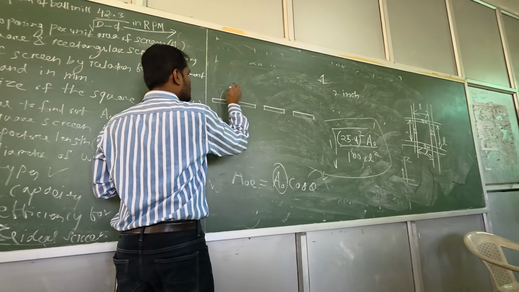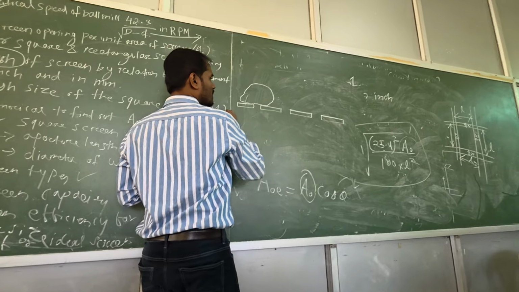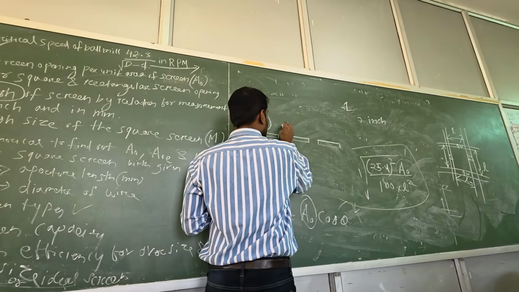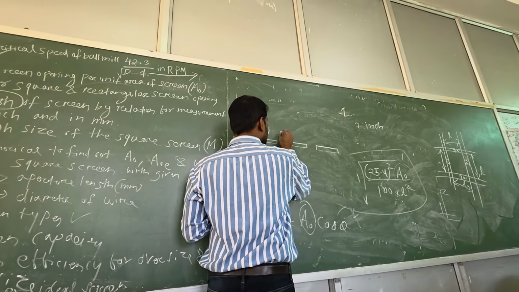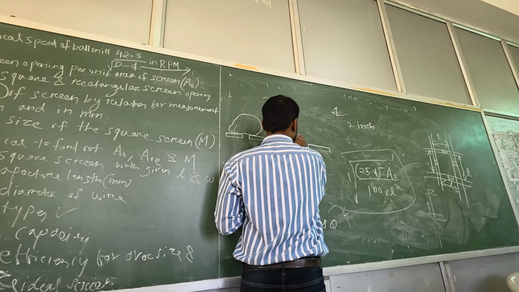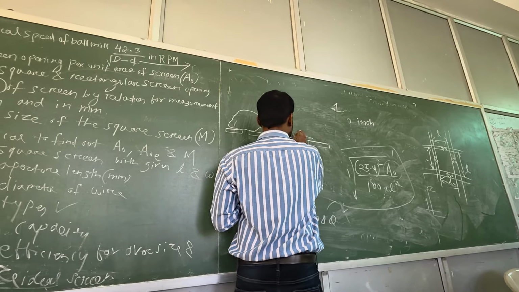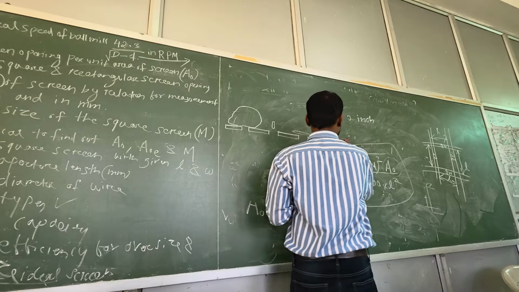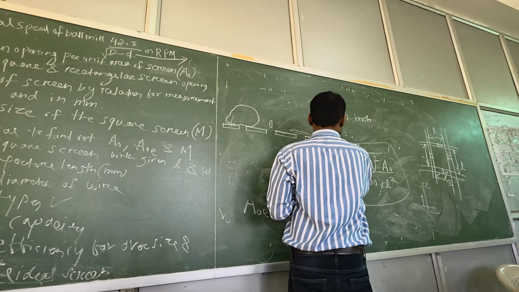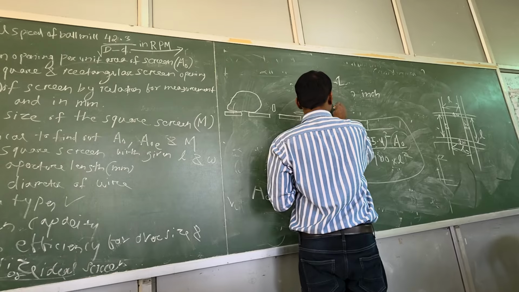Suppose you have a particle that is of this much size, right? And we have a particle which is this much size, and we have a particle which is this much size. I can extend it further, suppose, and I have a particle which is